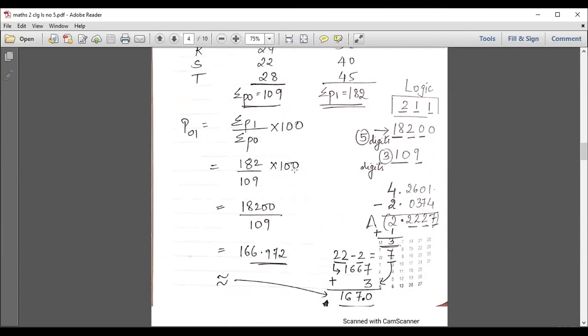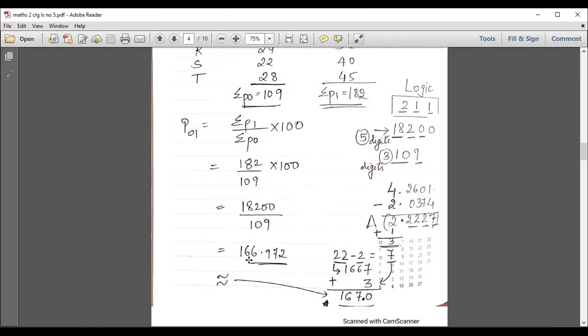Now listen to me children very carefully. The workings which you see over here are done by logarithm table. This is a concept which was there till last year, but in your new syllabus the topic has been totally omitted. So in this particular chapter you'll be learning how to find the values by using the log table, the logarithm table.